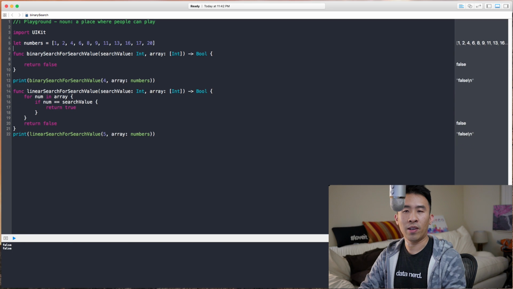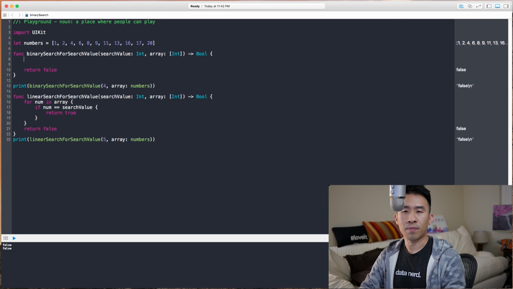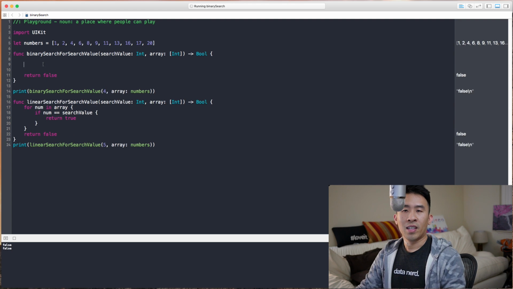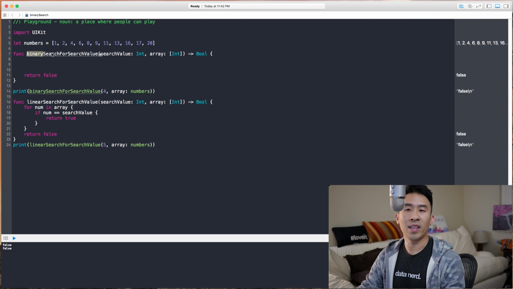Now I have some area up here to work on this binary search function. Cool. All right, so what is binary search? The idea behind binary search, obviously binary means 2, is that we basically divide this array in 2, and then we search for values in here or values in here if we cannot find the value in the middle equaling this search value. So for example, if we're trying to search for the value of 4, we first look at